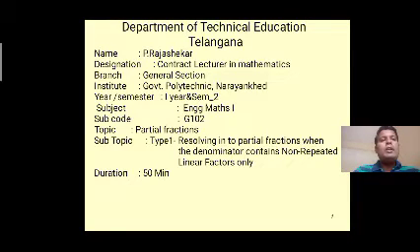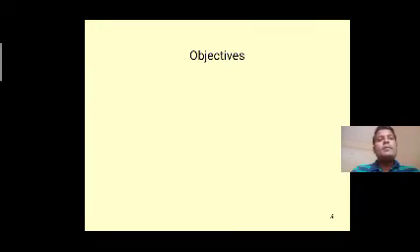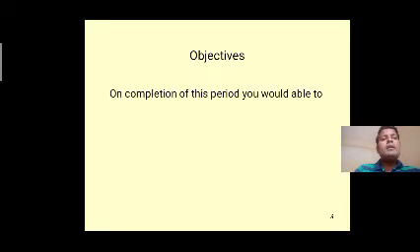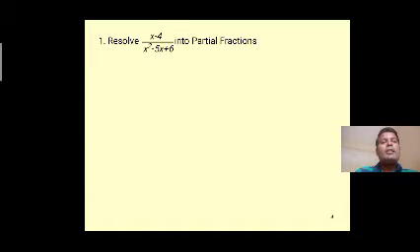Today our topic is partial fraction type 1: resolving into partial fractions when the denominator contains non-repeated linear factors only. We go to partial fractions type 1 or method 1. Objectives: on completion of this period, you will be able to resolve the rational fraction into partial fractions when the denominator contains non-repeated linear factors. The first one, resolve x minus 4 divided by x square minus 5x plus 6 into